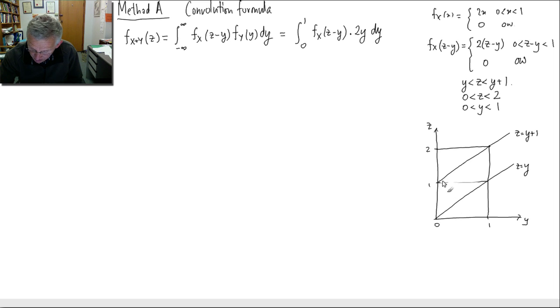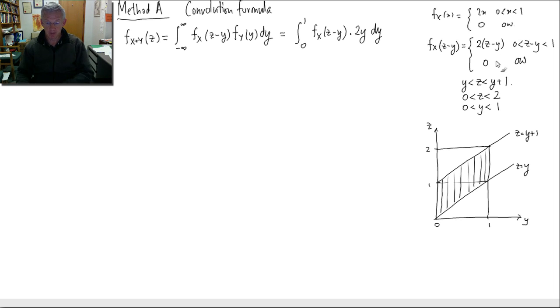So I need to be effectively within this region here. What is this region? Well, it's the combination of z and y values so that z minus y will lie between 0 and 1, and I can then replace in the integral the f_X of z minus y by the value 2 times z minus y